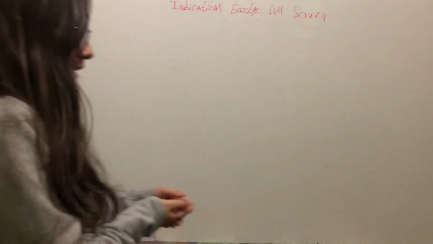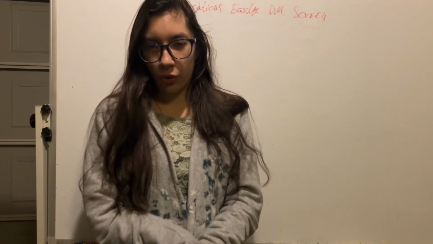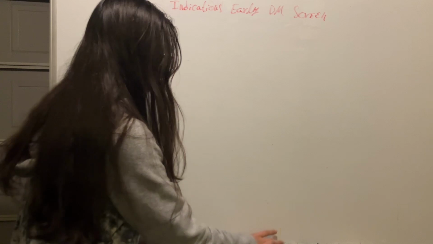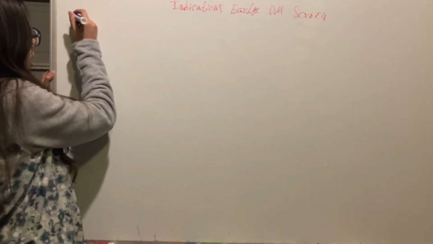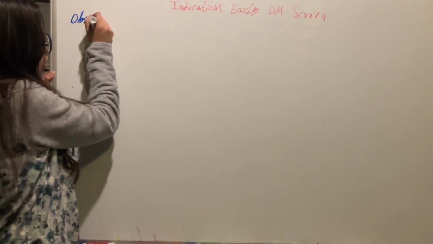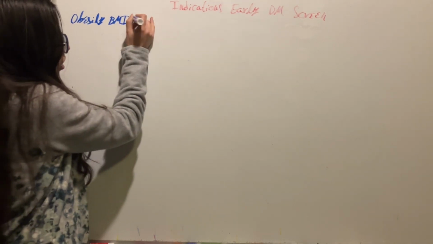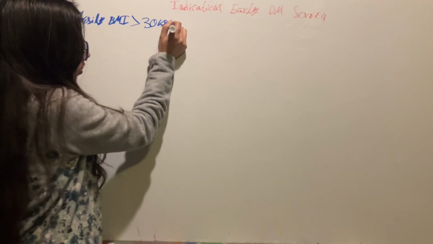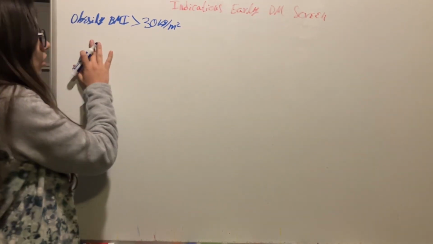Now we are going to see indications for doing an early diabetes mellitus screen during gestation. So this is if we have a pregnant woman with obesity, so with a body mass index greater than 30 kilograms per square meter before she got pregnant,